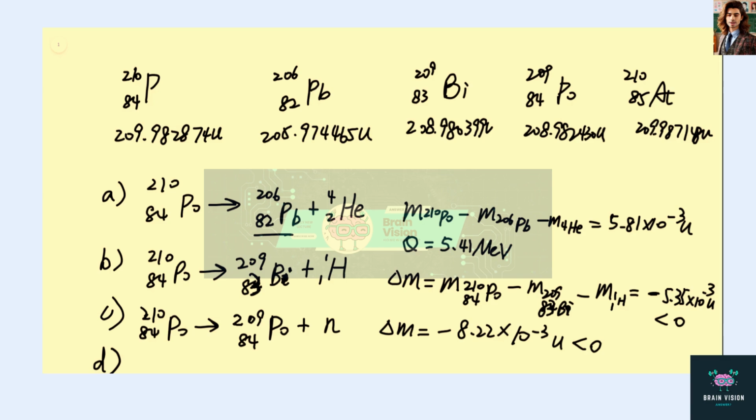Then we look at D and E. D asks whether it is possible for this element to go through a beta minus decay, and E asks whether it is possible to go through a beta plus decay. Okay, so for beta minus decay, polonium-210 will become an electron and astatine-210, as opposed to